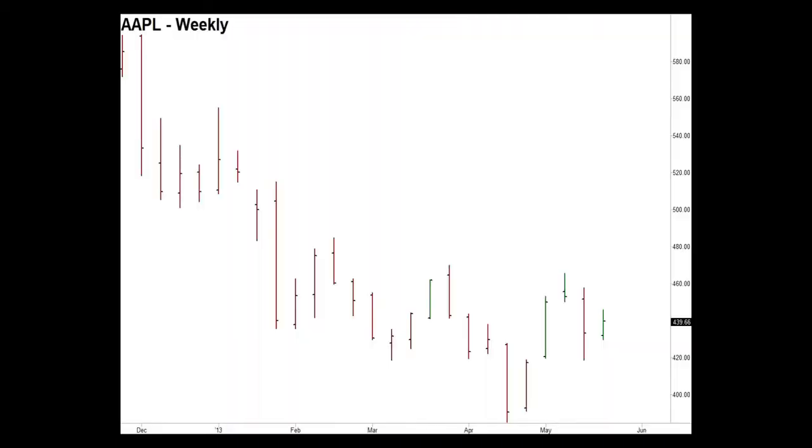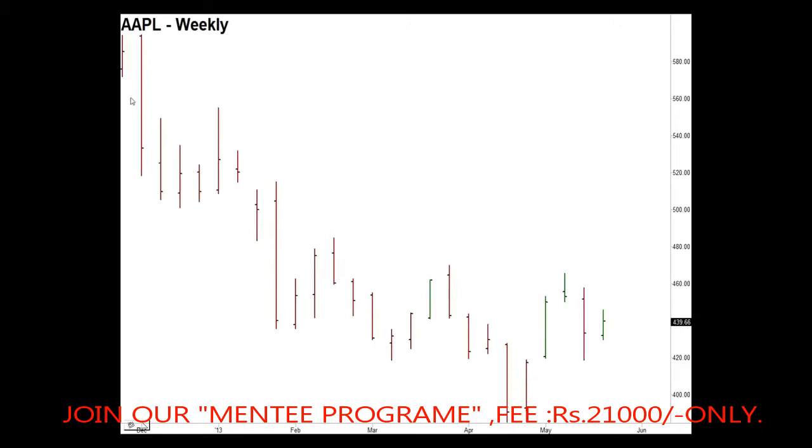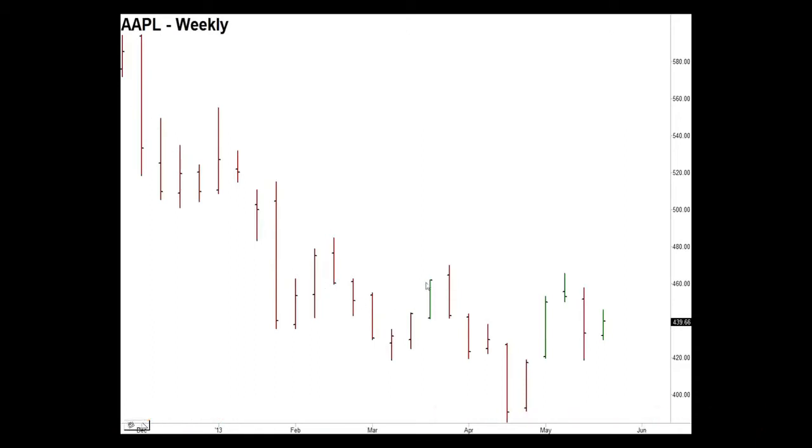Now let's start off by looking at a weekly chart of Apple going back to December or January of this year. All right, we see coming into the year the majority of the bars are all red. We have a couple of bars that signaled up for one bar but then quickly came back in downward mode. Now if we're looking for that setup we talked about, well, guess what? Here's an inside day right here, and as you can see, a quick momentum move of 70 points to the